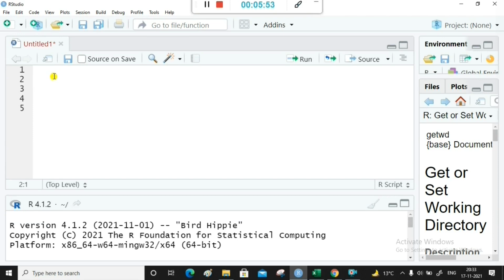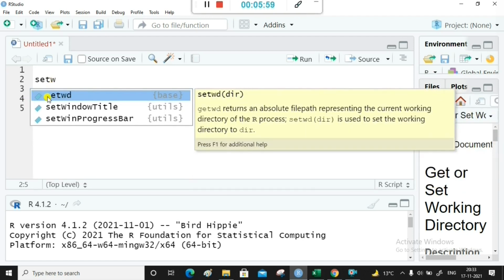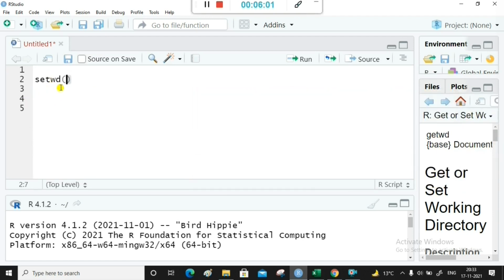So before writing anything, let me set the working directory. Set working directory, and here I will mention the location where I am going to save my files or anything related to that. So where I will be saving all my files and documents.